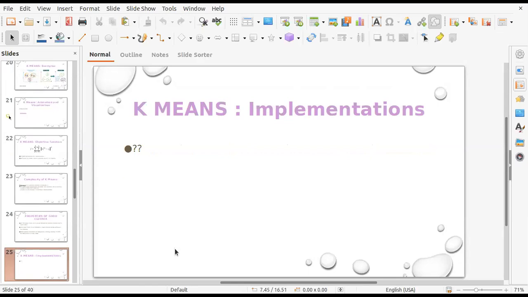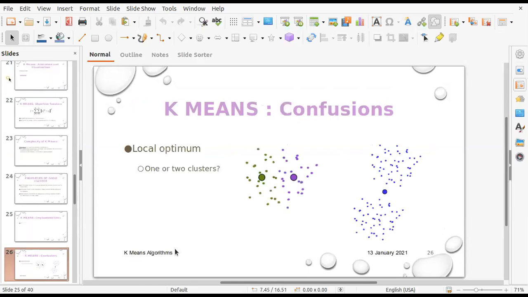Now, how do we implement k-means? Let us look at this in detail. There could be confusion about k-means, like how many clusters we are going to form. Unless and until we know how many clusters we are going to form, it is difficult to say in how many groups we want to divide our data. There are some standard methods available, but these are not foolproof, and there is no unique method which says that it is the best method. There are various approaches in selecting the k value, where k is the number of clusters.